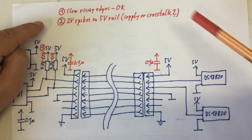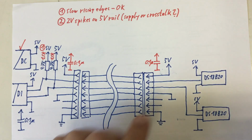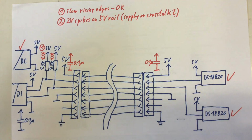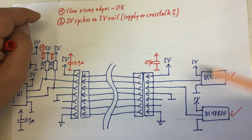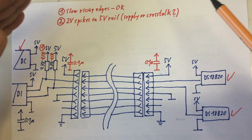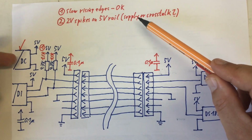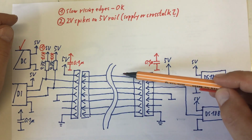Then we saw, when I took out one of the DS18B20s, and by the way, we checked, they have not been damaged in any way, as we have exchanged the DC to DC converter, which is also not damaged. Anyway, we saw these 2 volt spikes on the 5-volt rail, which is not very nice. We don't know if that was the supply. We suspected the supply, but obviously not. Or is that crosstalk